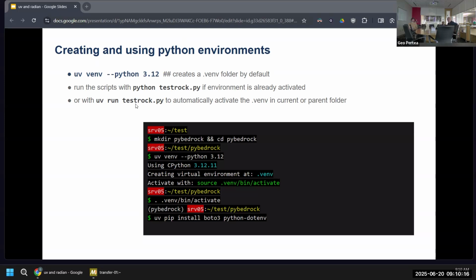But if the environment is not activated, you can just go to that directory and use uv run, which is going to automatically look into the current directory or the parent directory for the .venv folder, and it will activate that environment first and then run the script